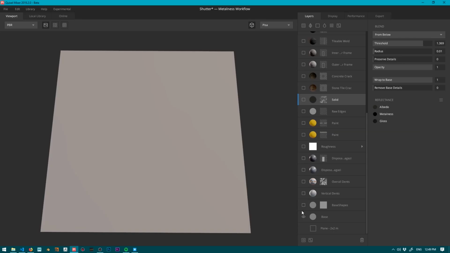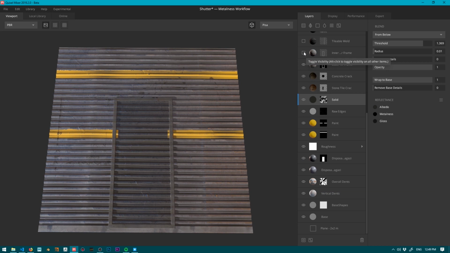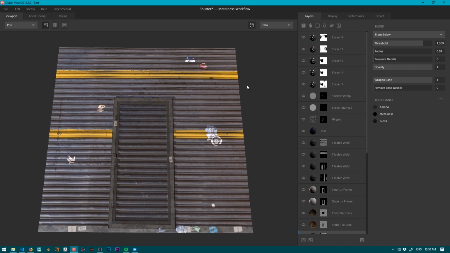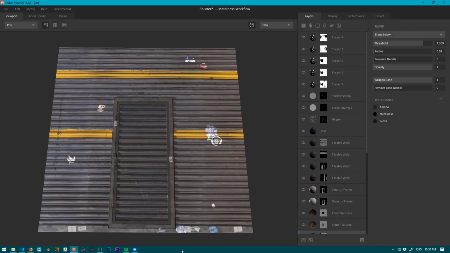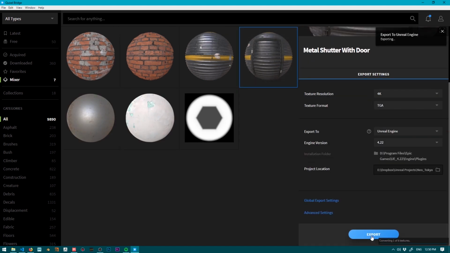For the roller door in the background, I actually used Quixel Mixer to create it instead of manually modelling the entire shape. The layer stack may look complex, but really it's just a bunch of surfaces and procedural layers that I moved, placed all over the door. This was a really interesting exercise as it combined procedural and scan workflows quite well, and once I was done with it, I sent the asset to Bridge with the export to library feature, and from there the asset went